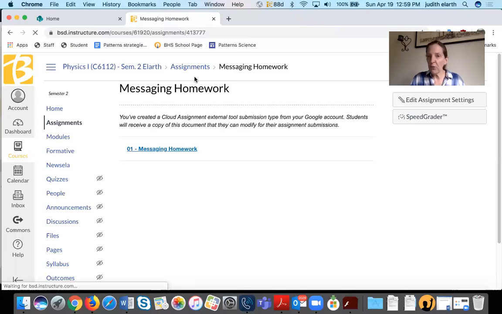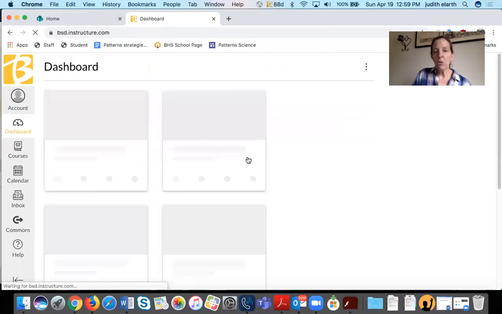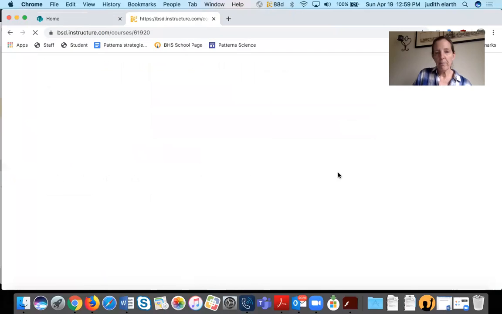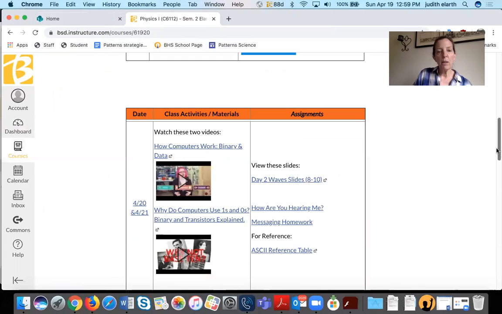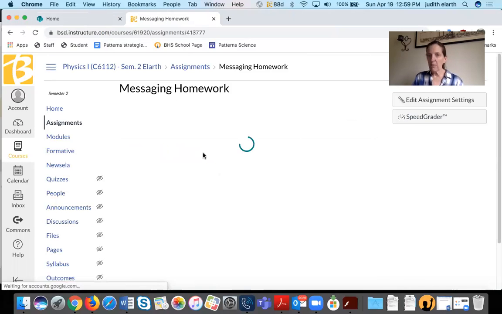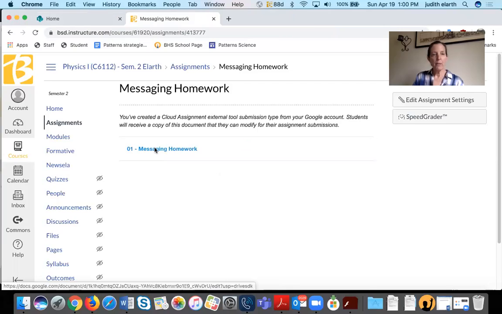So do the first assignment, and I forgot to mention, I also put the slides there. So when you go and look at the slides, I hope the slides are going to help you out too. They're right here. And hopefully everything's going to work better for you than it's working for me right now.